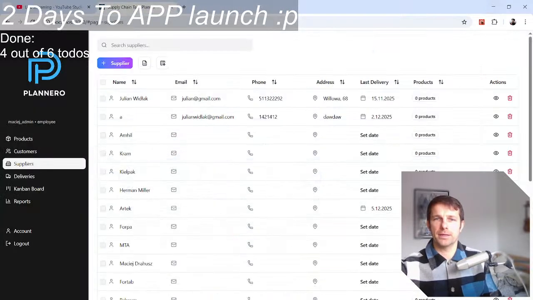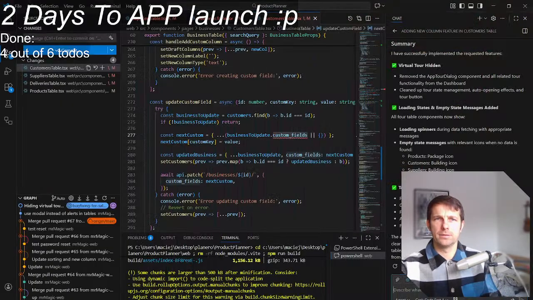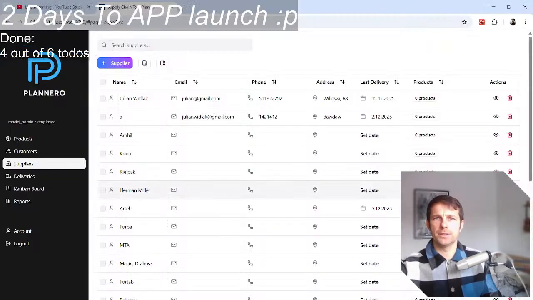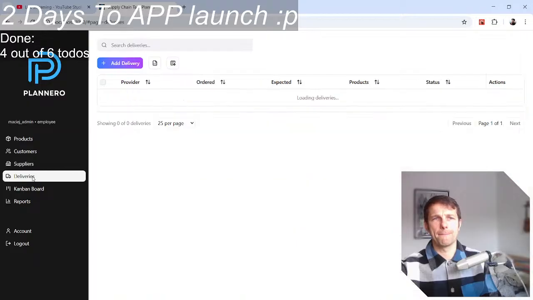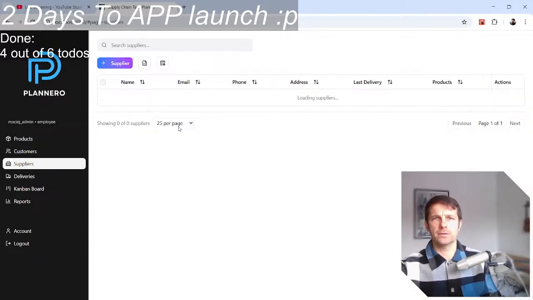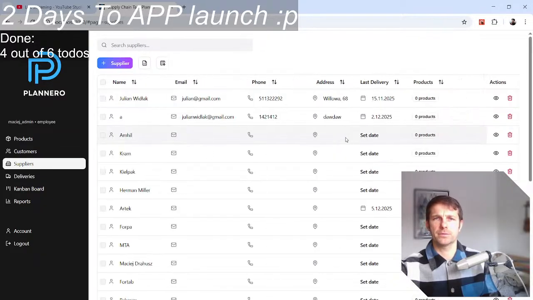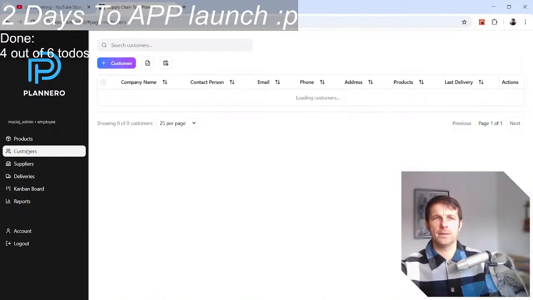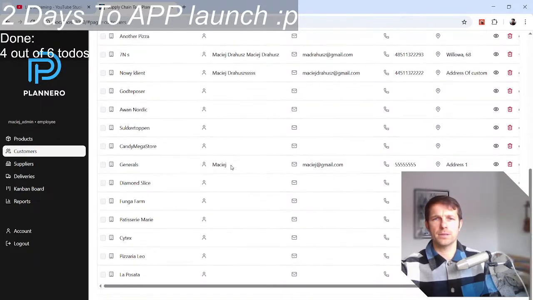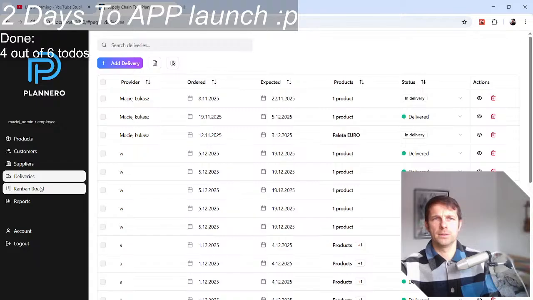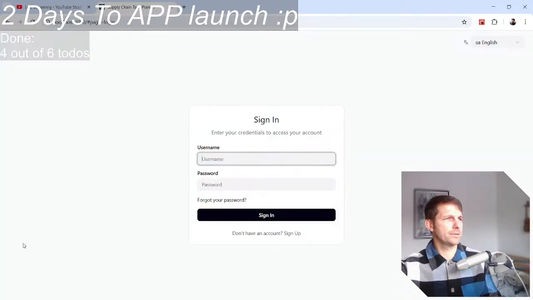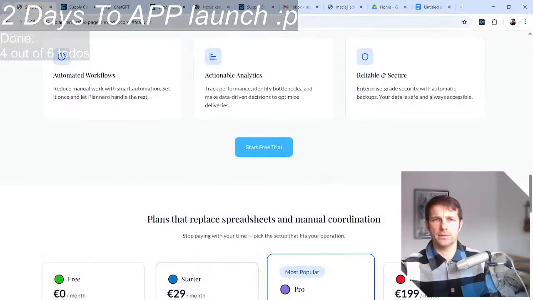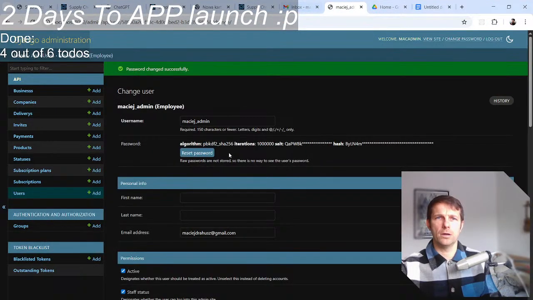Let's see if my AI actually did it. I asked it to fix something. So when you have, it's actually showing that it's loading suppliers, which is good. And I wonder, do I have an account with no customers? Let's just log out and see if any account here has none. Oh, that's my admin panel.